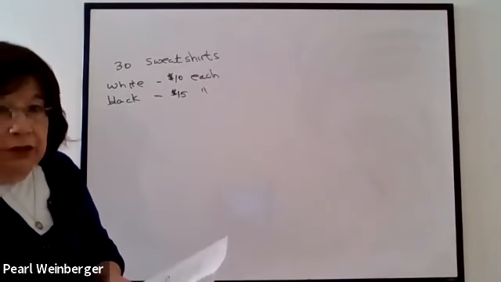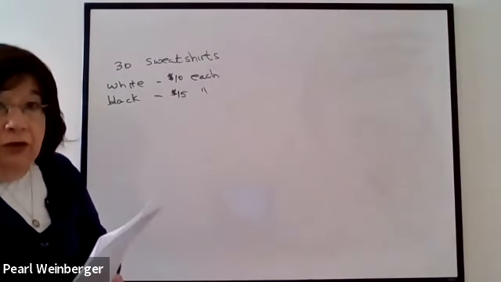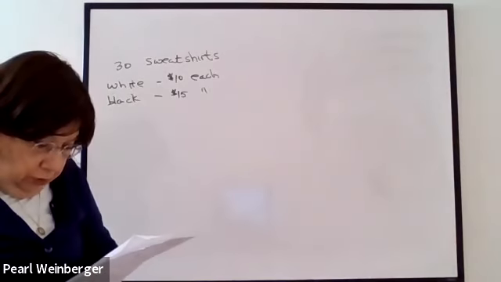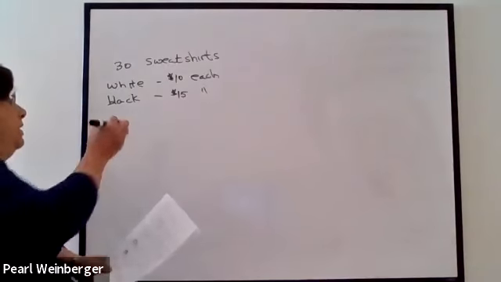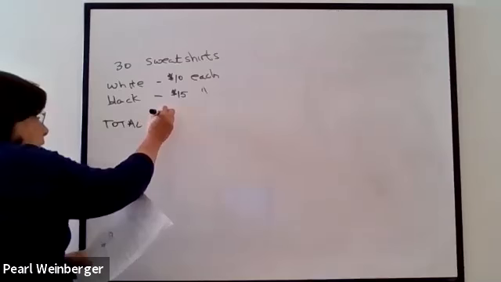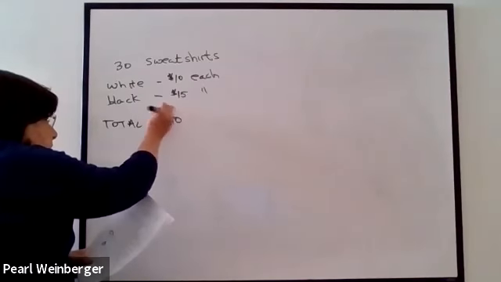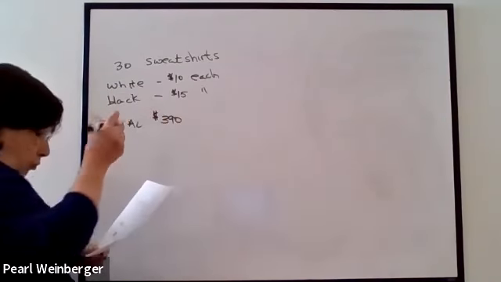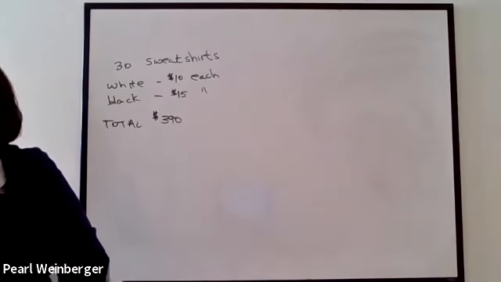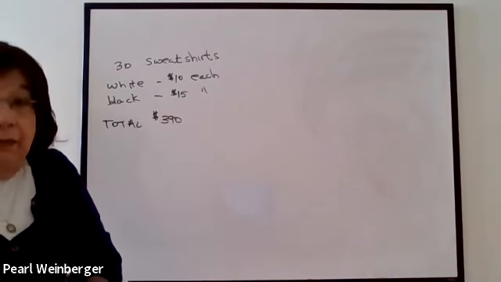Okay, so here he sold these 30 sweatshirts, which are a combination of black and white shirts. He received a total of $390 for the sweatshirts. And we want to know how many black shirts he sold and how many white shirts